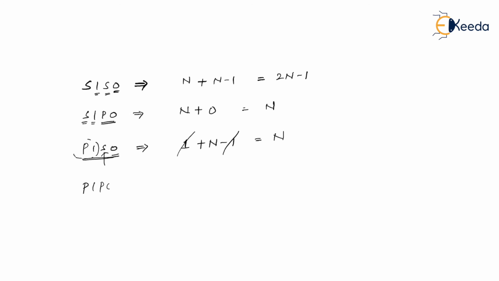And when it comes to the parallel in parallel out shift register, you know that only one clock pulse is needed for storing the data, and for retrieving the data you require no extra clock pulse. So our work is done within one clock pulse only. Yes or no? So if I have to give a ranking on the basis of speed of operation, I can give this one the first rank, the fastest one. These two require the same speed, so this is the second rank, and the third rank goes to the serial in serial out shift register.